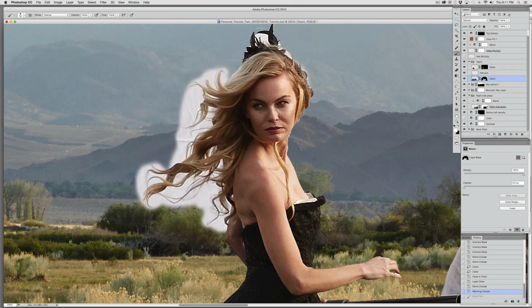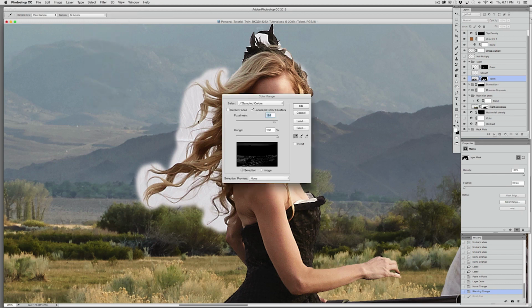and see if we can turn this off for a minute. And we're going to come into our select palette. I don't really use this too much, but I think it could be good to try it. I'm going to do a color range, and then I'm just going to select the white. And hopefully this will help us select around the hair. And here you can sort of set, let's see if we can